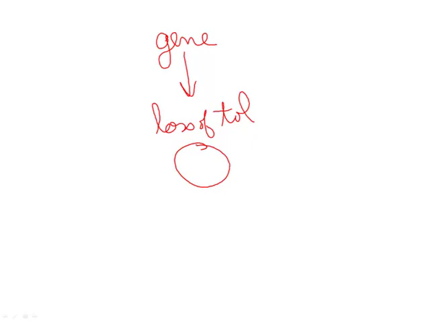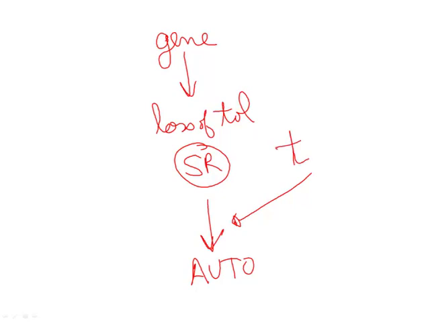So you've got this patient who has a genetic susceptibility, and we assume that the genetic susceptibility is going to result in some sort of loss of self-tolerance. And when there's a loss of tolerance, we assume that the patient is going to generate some sort of self-reactive lymphocyte. Now, this self-reactive lymphocyte, 1 or 2, for example, is not going to be able to generate autoimmunity. In order to get autoimmunity, we're going to need expansion of the population of self-reactive lymphocytes along with activation of the self-reactive lymphocytes. And so in order for that to occur, along with genetic susceptibility, we also